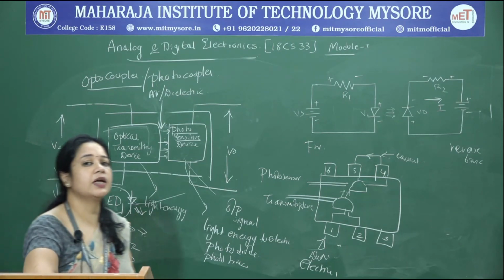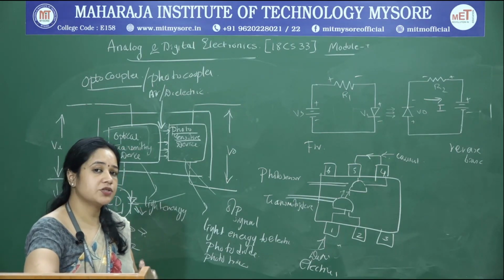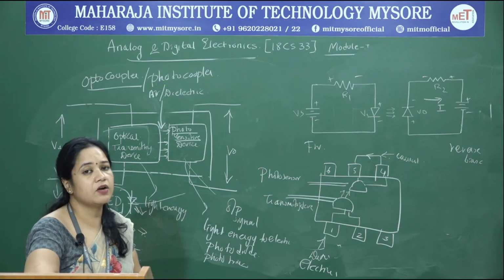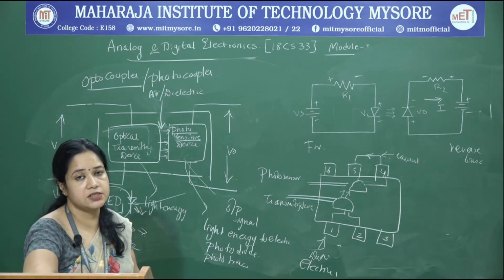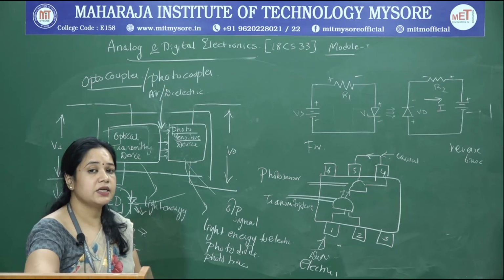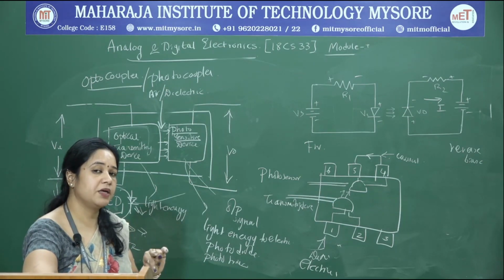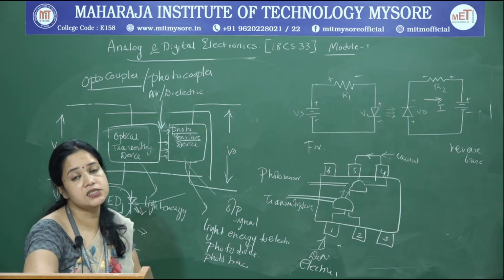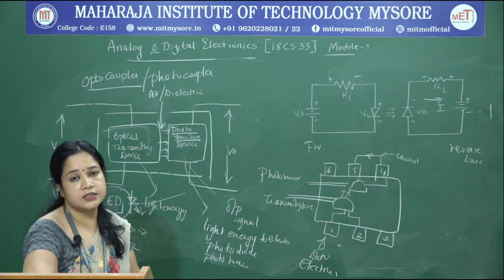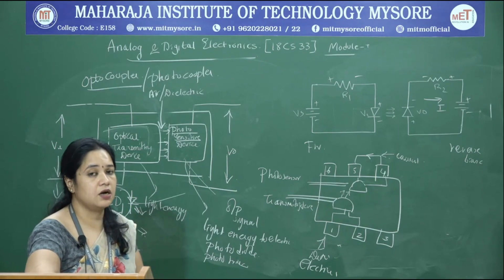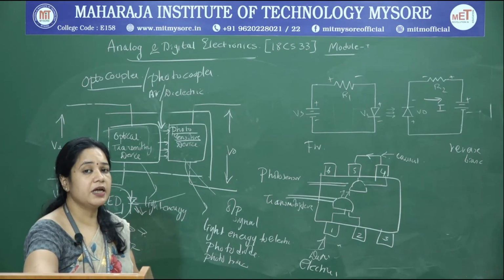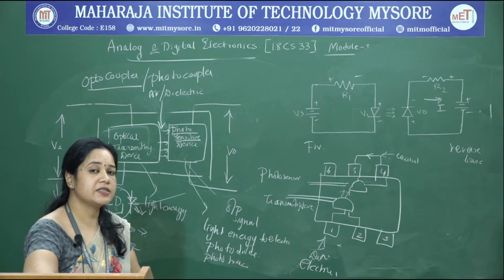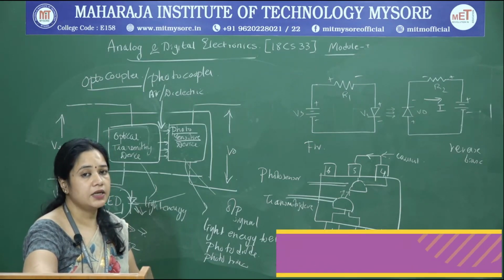In the next class, we will take up the bipolar junction transistor. So, you are already aware of what a bipolar junction transistor is from your first year. There are two types of BJTs, PNP and NPN transistors, and out of the two types, NPN is widely used, and we will take up the different ways of biasing an NPN transistor in the next class.